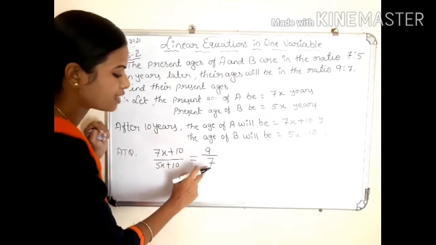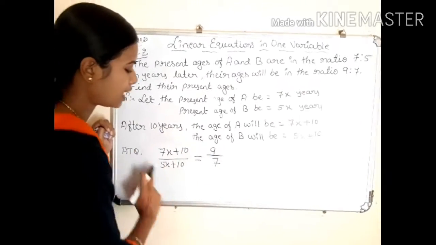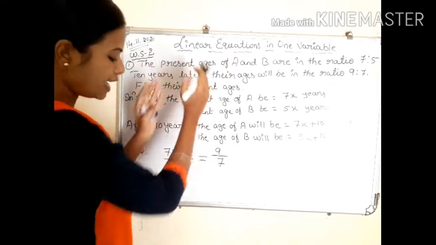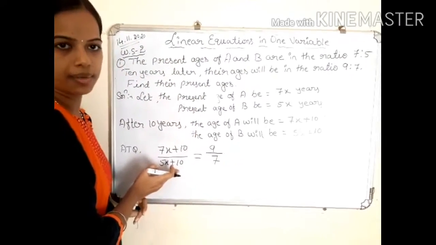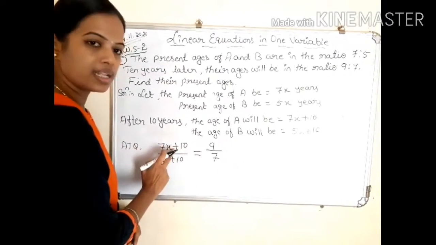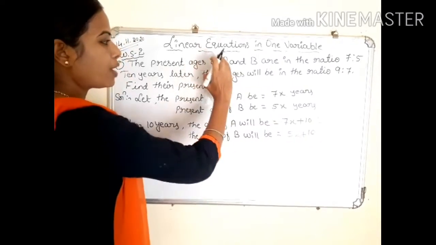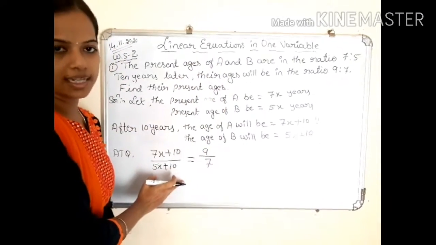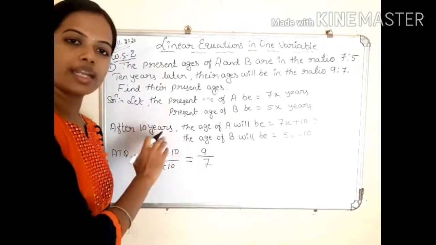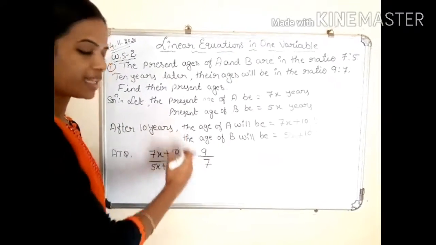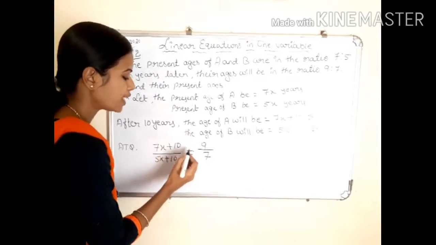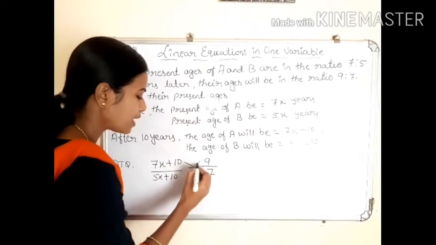So 9 by 7. Now you can observe here we converted the given word problem or statement into a mathematical statement by using variables, constants, and symbols. We converted the complete word problem into a mathematical statement. Like these questions, many questions we solved in worksheet 1. The same method we have to follow to find the x value here. What do we have to do here? First, cross multiplication.